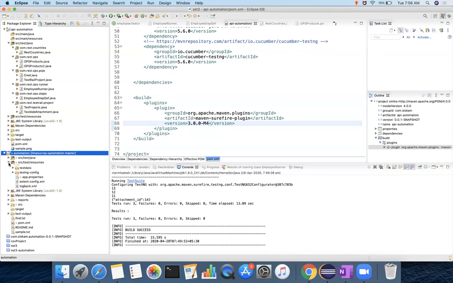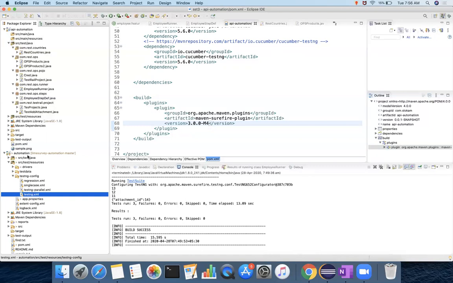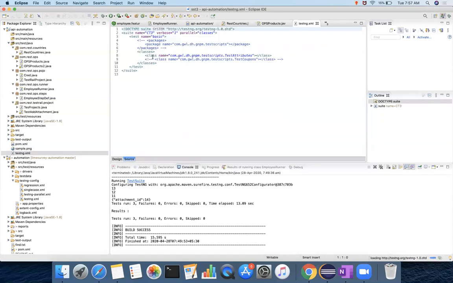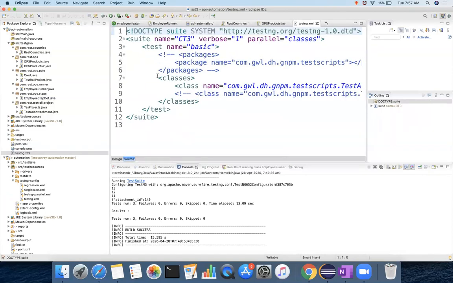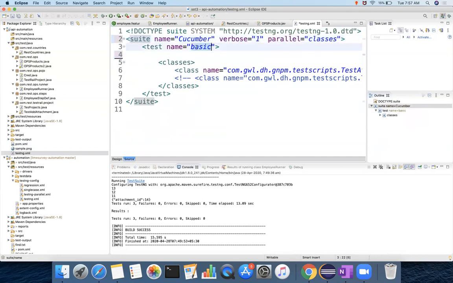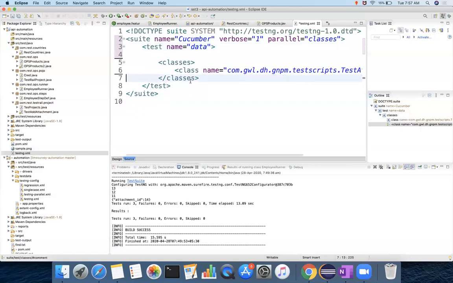So let's say this is your sample testng.xml. In this testng.xml, I'll add a class, which class to be executed. Which class? Employee runner, right?